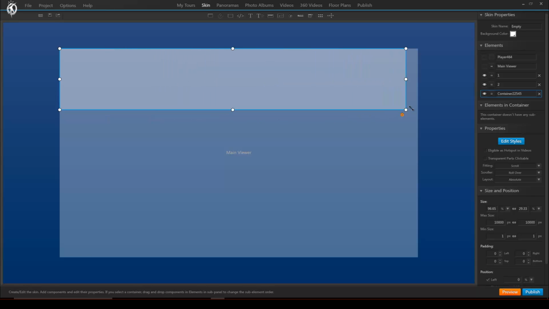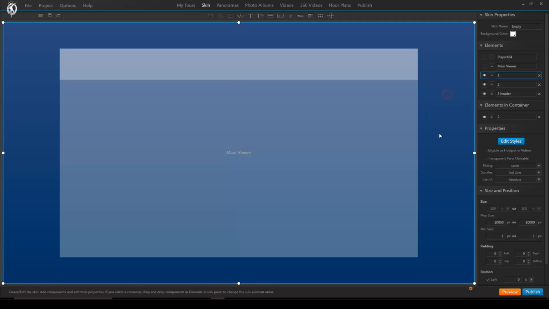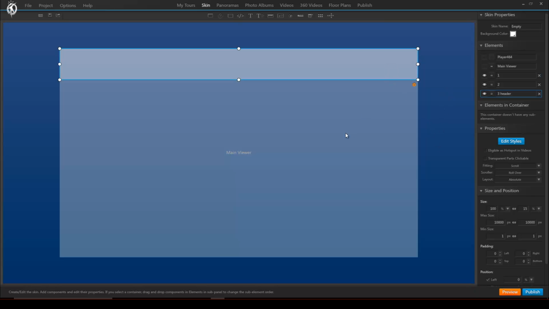Drag and drop it to be 100% wide, and the vertical size we'll set it to 15%. And we call this container 3Header. Inside of this third container, we will place the X button. So we select button,